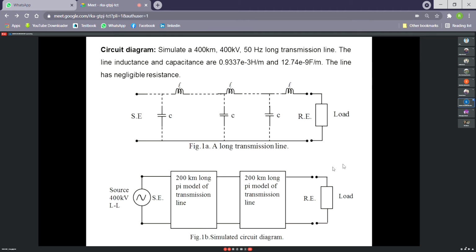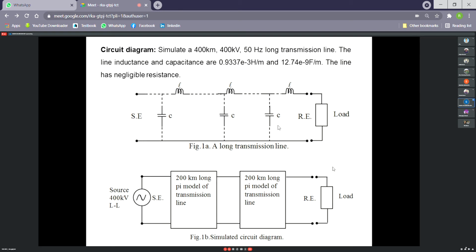Now what may be the circuit diagram? So if we want to simulate an actual transmission line, then there should be a circuit diagram. So there will be no resistance, but the resistance and inductance per phase per kilometer should be connected in series, and capacitor will be connected in parallel, and they will be uniformly distributed. But this is theoretically possible. And it will be developed also practically when we send power through a transmission line.